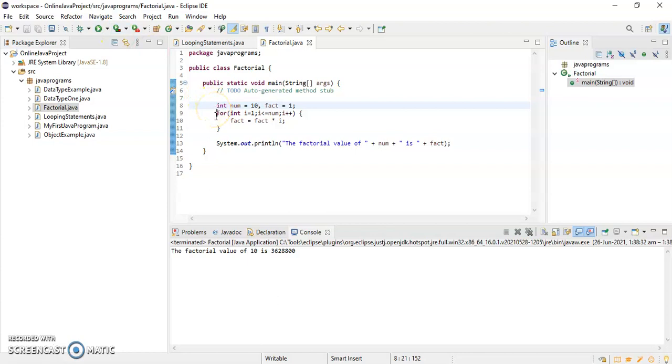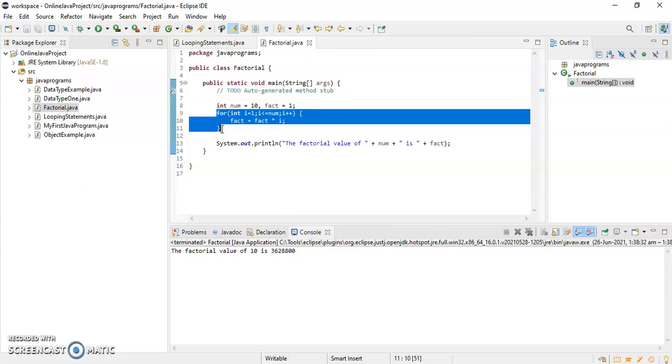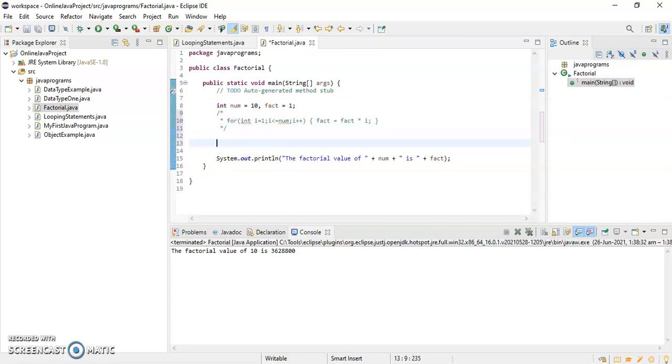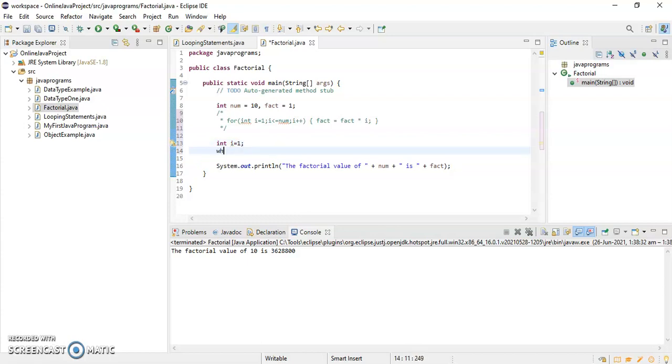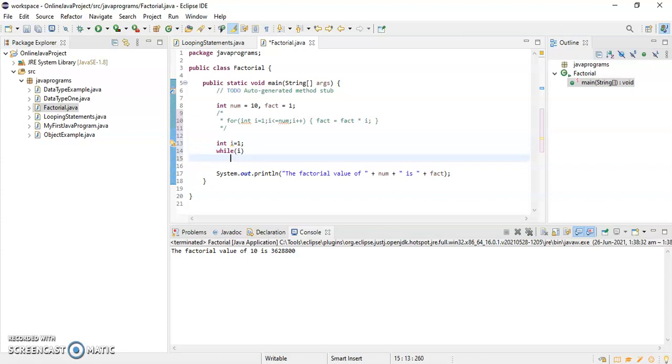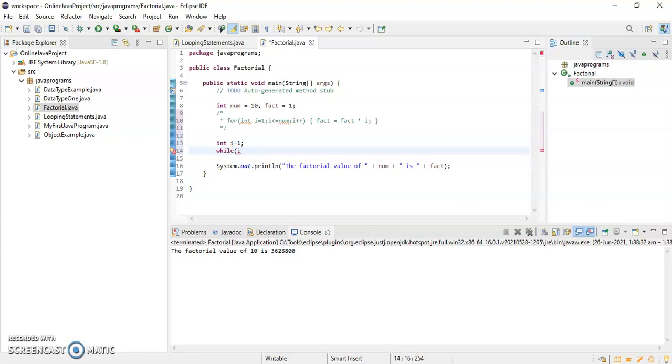The same we can do using a while loop also. So this is the for loop. Now how to do it in a while loop? Again, int i is equal to 1. First we have to do the initialization. Then I put the condition, while i less than or equal to num.